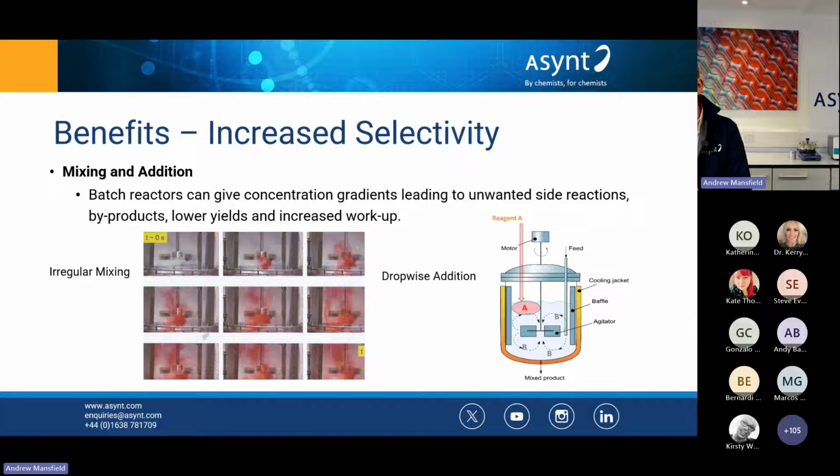If we think about mixing and addition, batch reactors can give us concentration gradients, which give us those unwanted reaction pathways. So if you think about mixing, when we're mixing in a round bottom flask or a jacketed reactor, that mixing is chaotic, it's turbulent, it's never the same, and that can give rise to batch variations. Now we can increase that mixing efficiency by having baffles and changing the geometry of the reactions and the impellers, for example. But you can see from that simple diagram here that that's never going to be the same